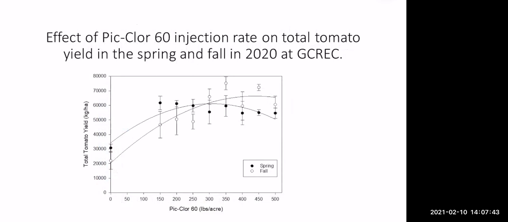The last graph I want to show you is very similar to the previous ones, where we have the effects of different rates of Picklor 60, but now we're looking at total tomato yield. And you'll notice the general pattern is very similar between seasons, even though there are some differences. The important message here is tomato yields at no fumigation are very low, and even at low fumigation rates, as low as 150 pounds per acre, you get a significant boost in tomato yield in both seasons. If you look at the nonlinear